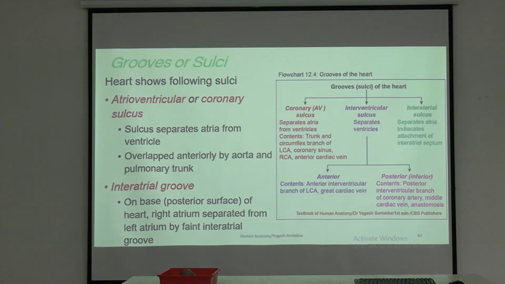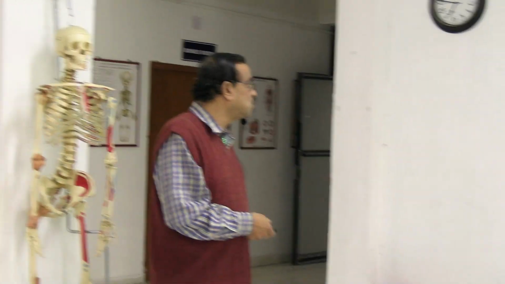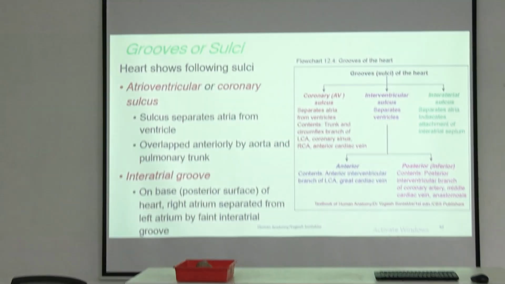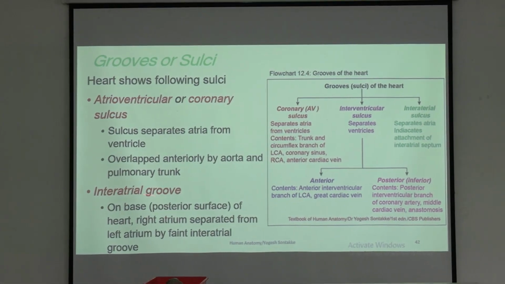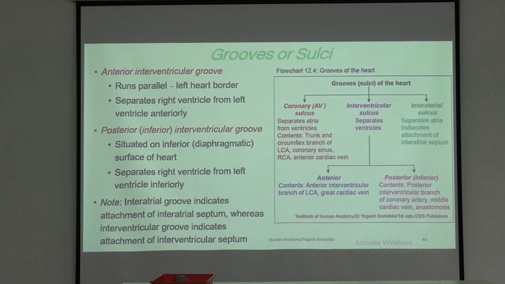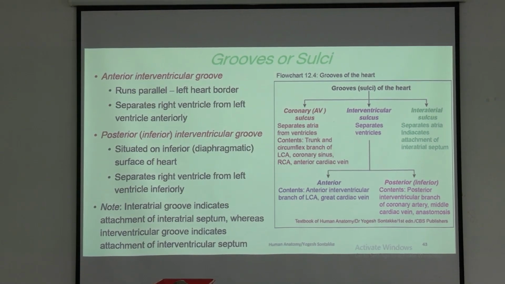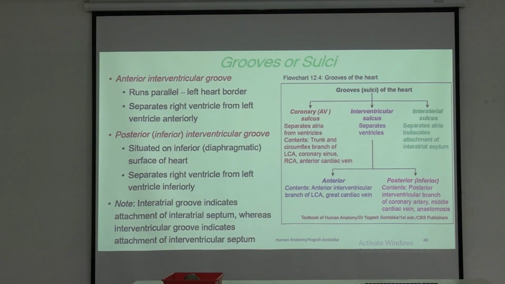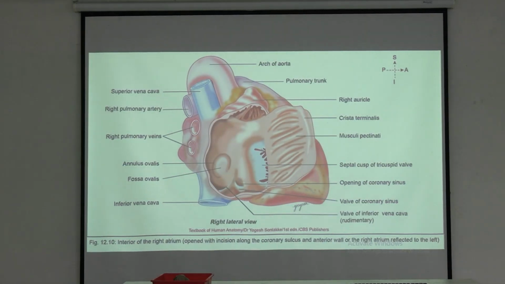So the grooves I have already mentioned: the coronary sulcus, the atrioventricular groove, then the interatrial groove, and I have also mentioned the structures which are present. Now, the interior of the right atrium,